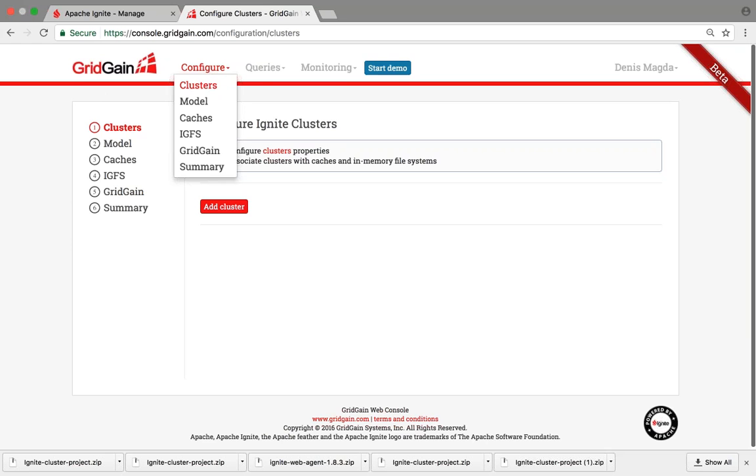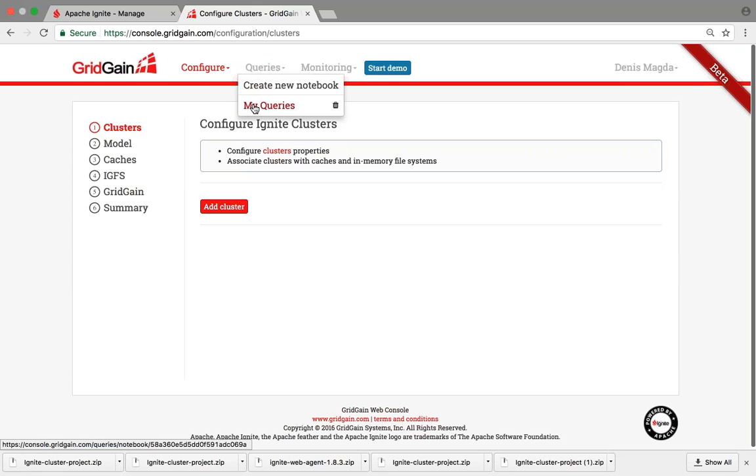Next, once our cluster is up and running, we will execute several queries, using the interface available under the Queries tab. And later on, we will also connect to our cluster and monitor its state, as well as the queries that were executed